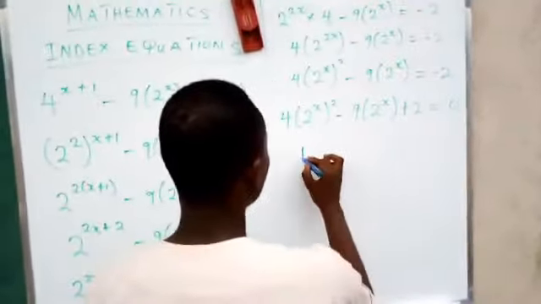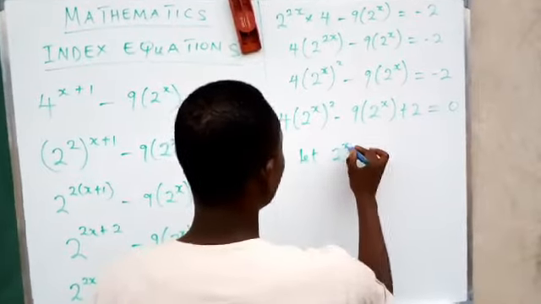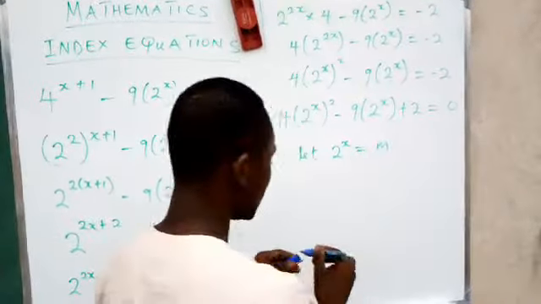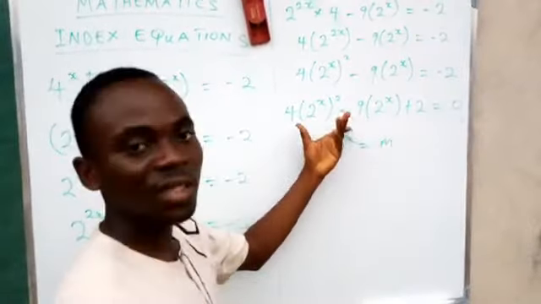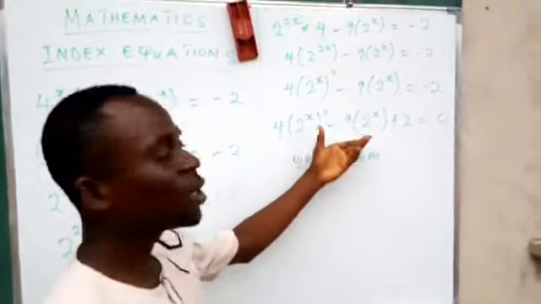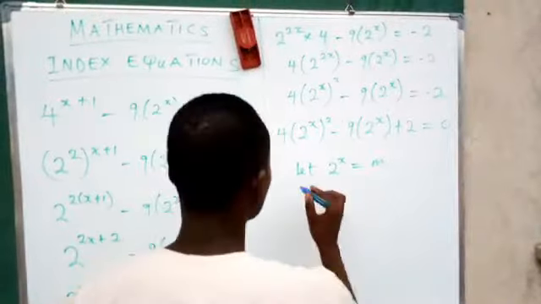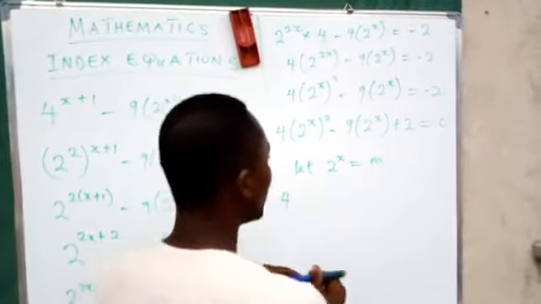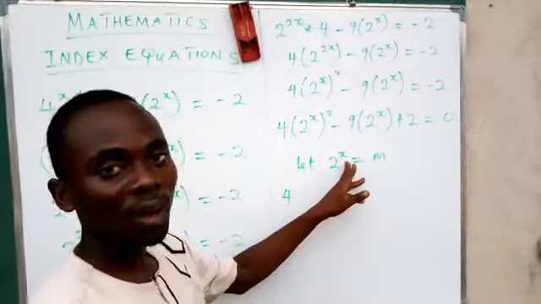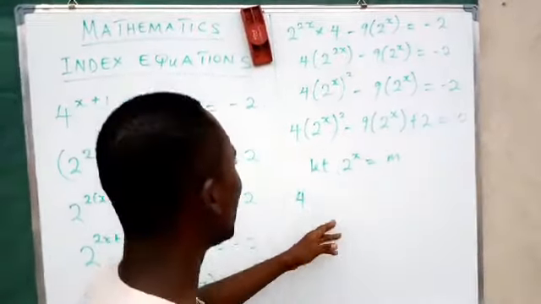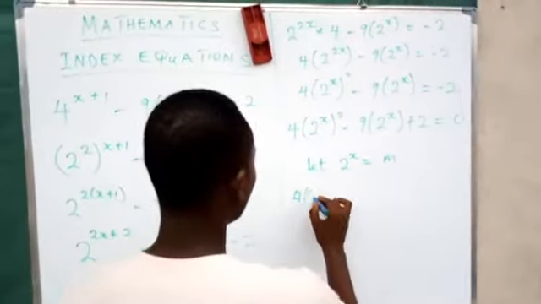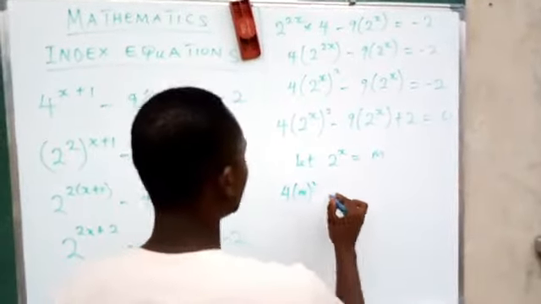So we say let 2 to the power of x be equal to m. Since 2 to the power x is reoccurring, it is as if it is a variable and it is having a quadratic form. Now we are going to substitute wherever we see 2 to the power of x, we replace it with m. That's the substitution we are going to make, so that we have 4 into m squared